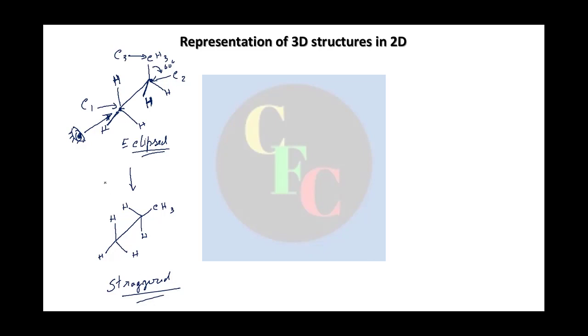Okay, this is the Sawhorse projection, the usual Sawhorse projection, but a Sawhorse projection can also be depicted sidewise, right? If you draw the C1-C2 bond like this, then you can draw the hydrogen here. It's better if I rename them, right? Okay, let's rename them hydrogen 1, hydrogen 2, hydrogen 3, hydrogen 4, hydrogen 5. Okay.